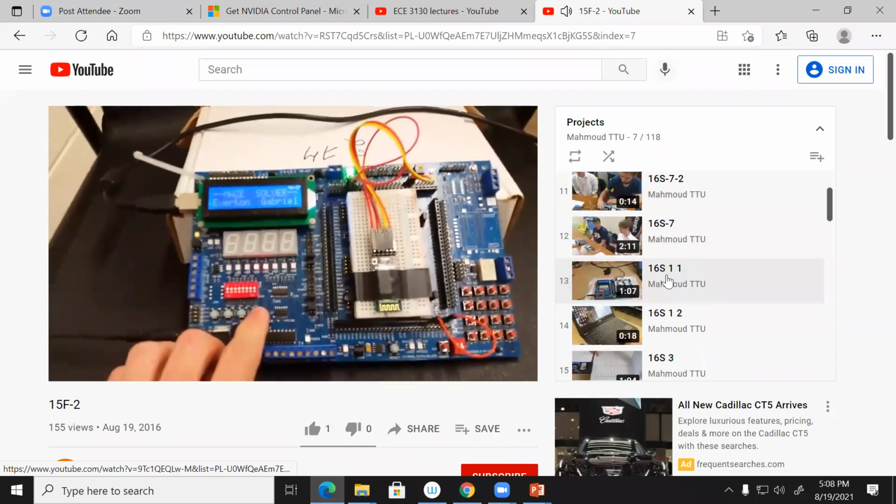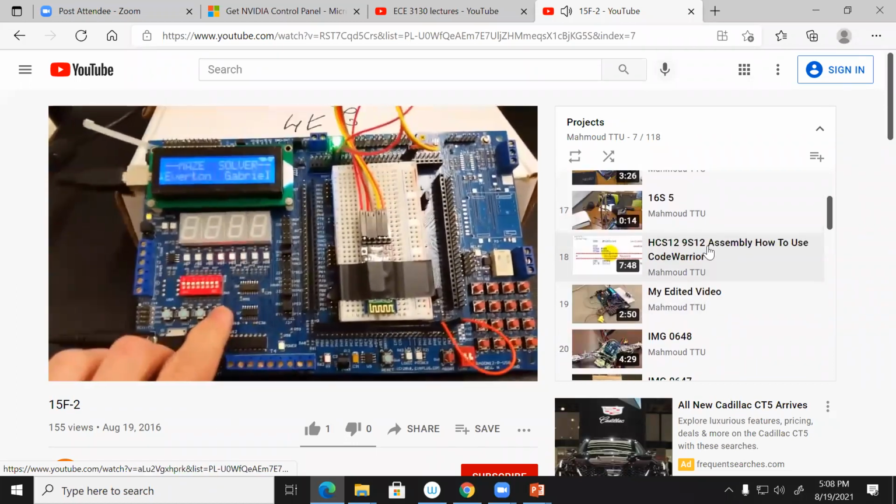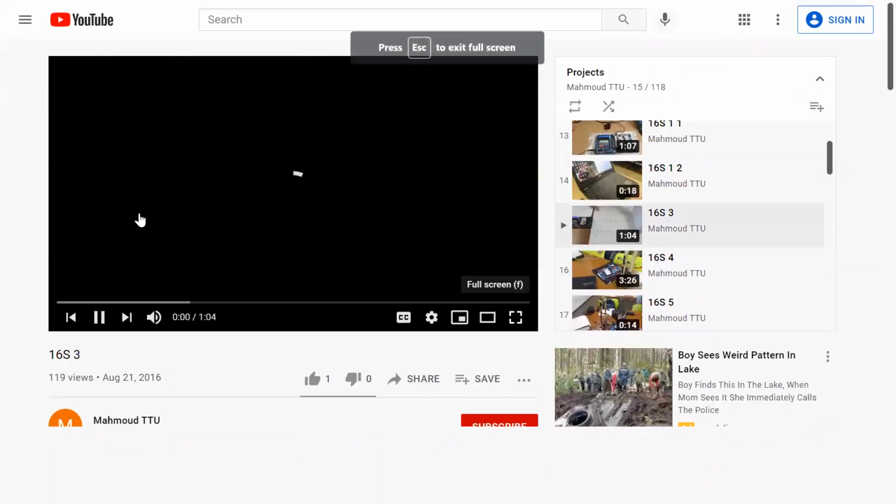Also other things. Let me see. Yeah, this one is very interesting. I like what the student did here. Let me explain what they did before I show you. They put a sensor here, an ultrasound sensor. This you will see right now. This ultrasound sensor is used to measure distance.